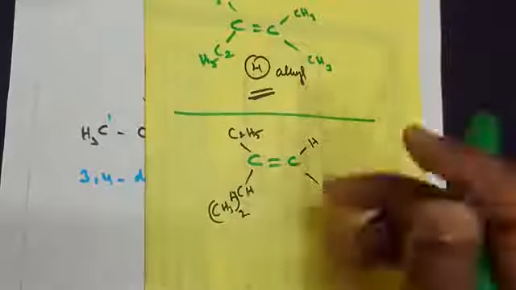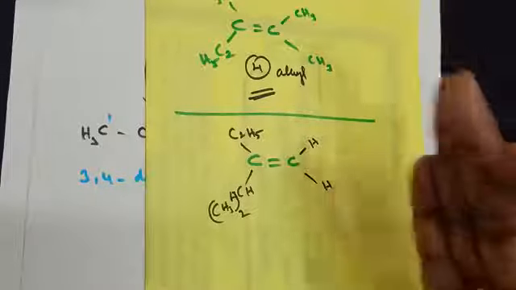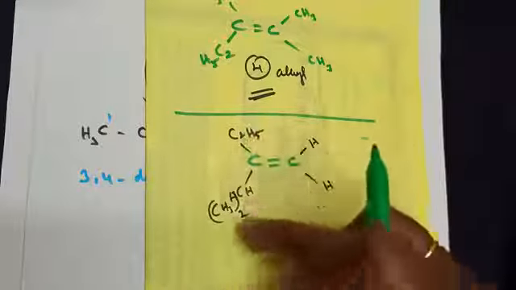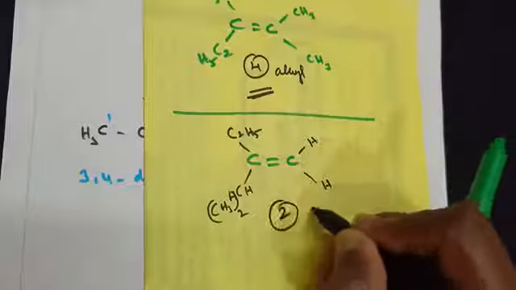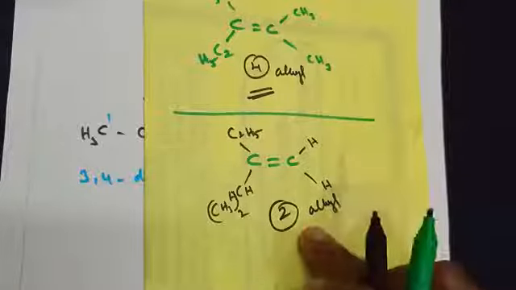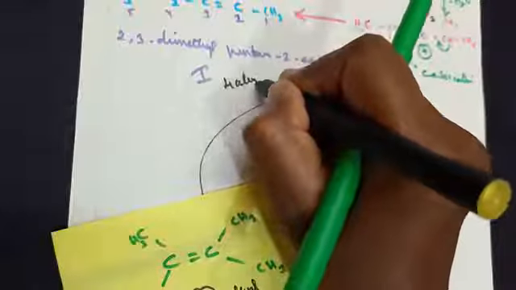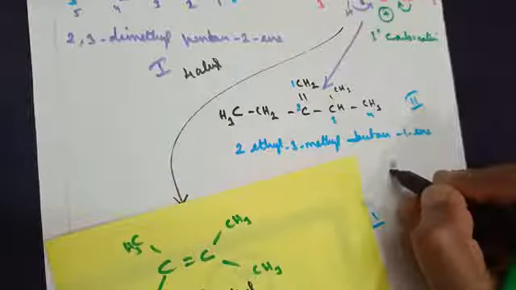Now how many alkyl groups are there? Definitely hydrogens are not alkyl groups. The whole ethyl thing is one alkyl group and the isopropyl is one alkyl group. So the second product gives you 2 alkyl groups. The first product gives you 4 alkyl groups, the second product gives you 2 alkyl groups. Let's check the last one.